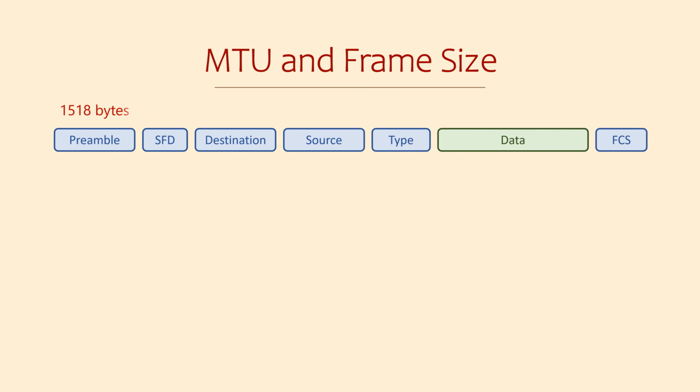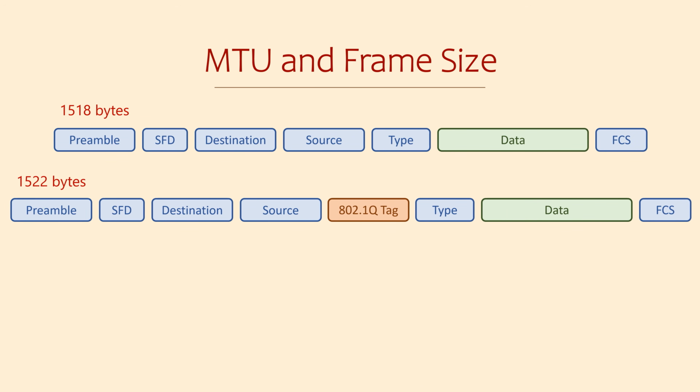So the big question we have is, how big should each packet be? The Ethernet standard says that a normal frame should be no larger than 1518 bytes, or 1522 bytes if it includes a VLAN tag. That includes all data and headers. There are normally 18 bytes of headers, or 22 with a VLAN tag, so the payload, that's the data that goes inside the frame, can be up to 1500 bytes.